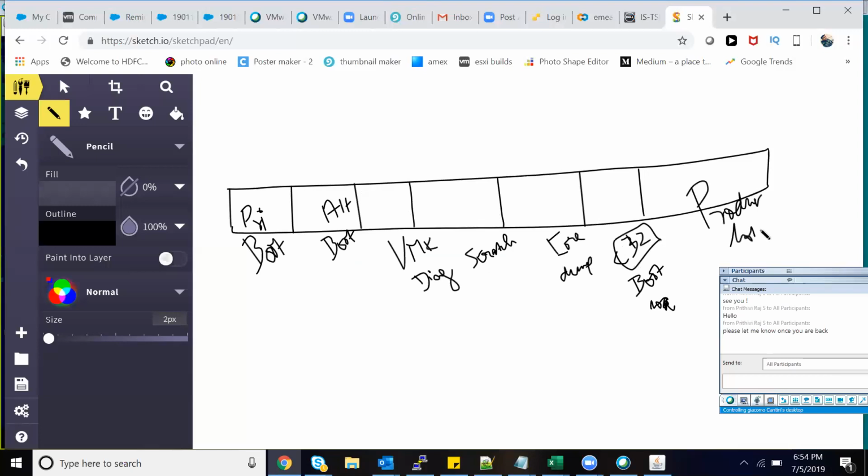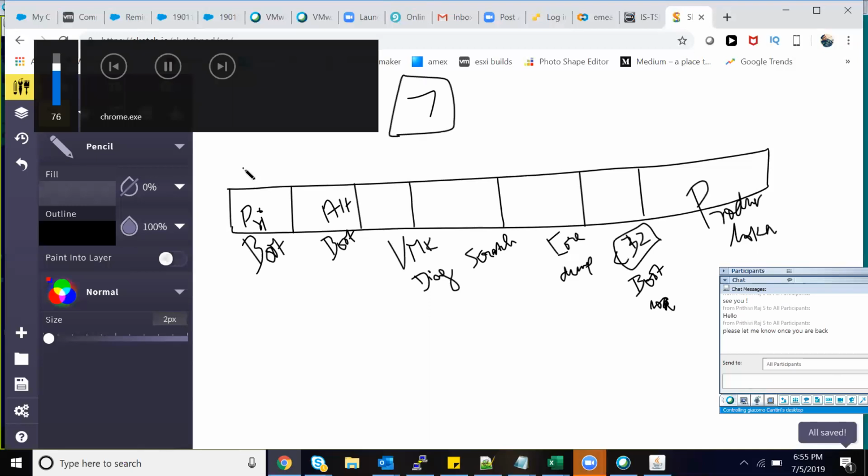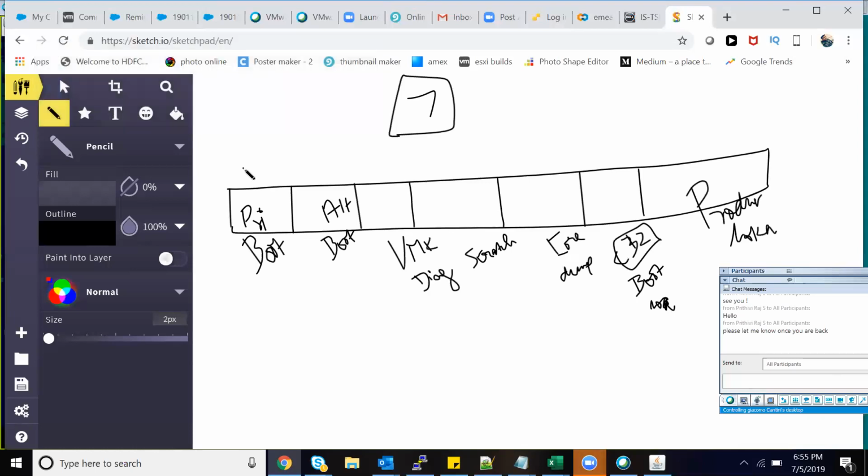So the names may be a little new for you, but that's totally fine. You don't have to know them in detail. This is from the technical support point of view that you need to be aware of, and it's an added advantage if you know this. I'll explain the role of each one and why we have 7 partitions. The moment you install ESXi, you will have all 7 partitions.